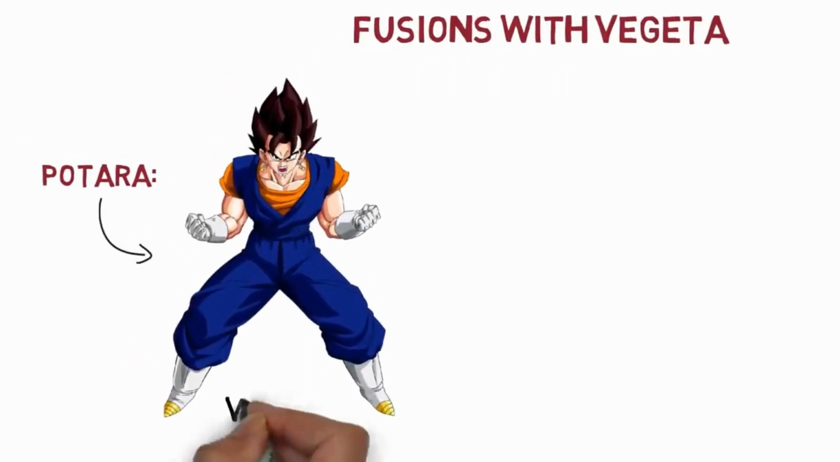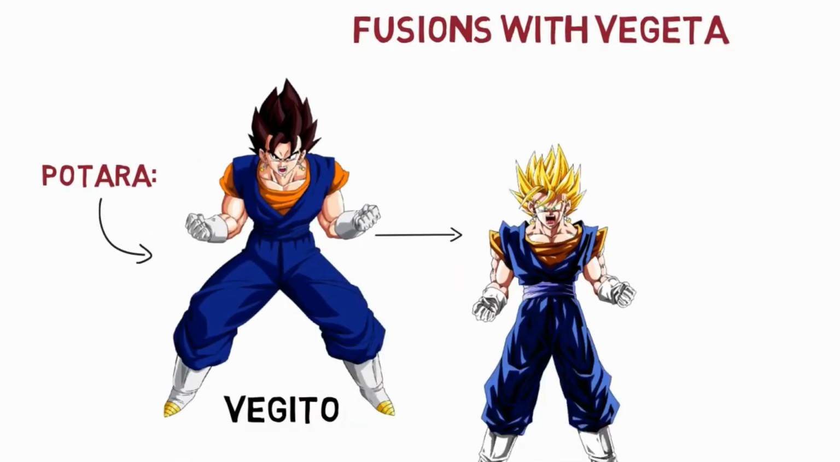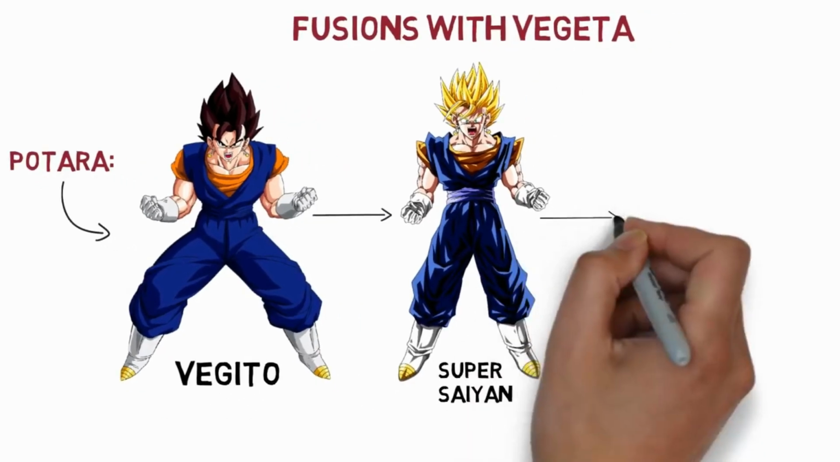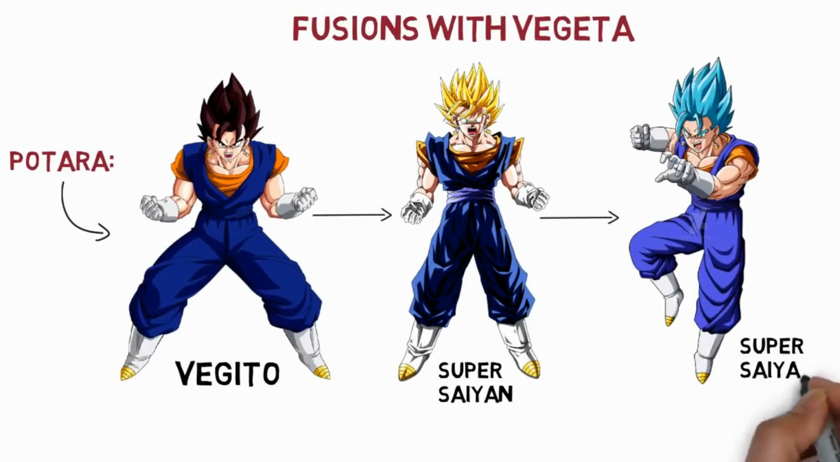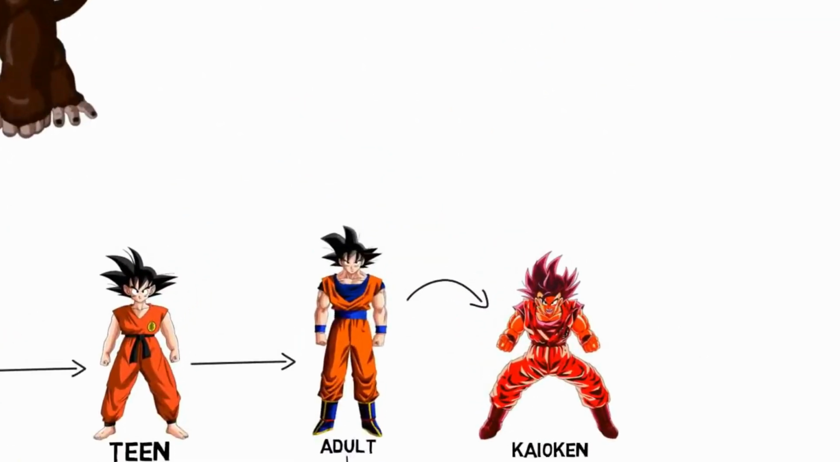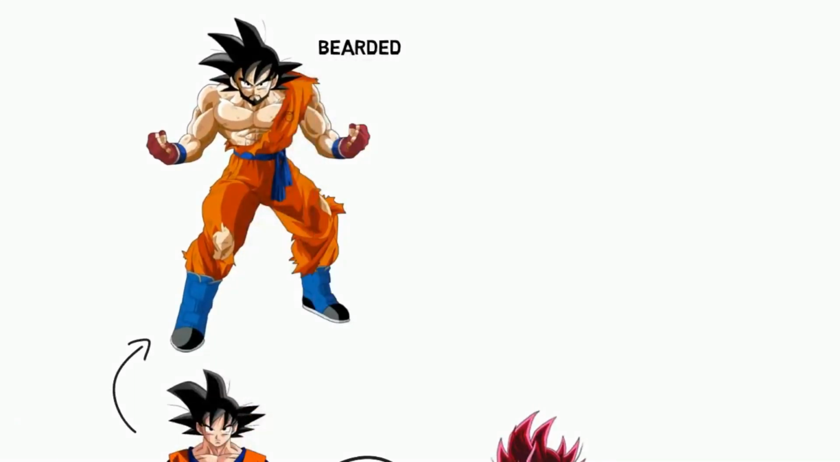So with the Potara earrings, Goku and Vegeta fused to become Vegeto. Since they are both Saiyans, Vegeta is also able to transform, as we see him in Super Saiyan and Super Saiyan Blue form. And then there is that ridiculous moment in Dragon Ball Super when Goku grew facial hair after training for a while with Vegeta,